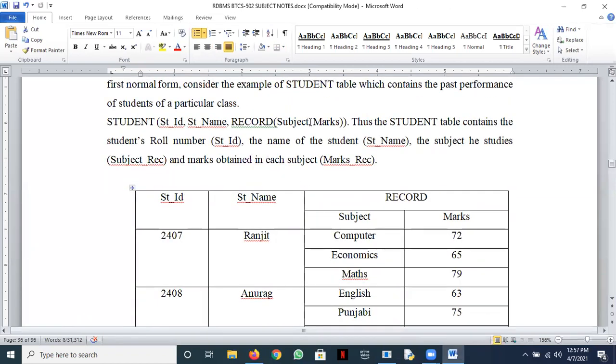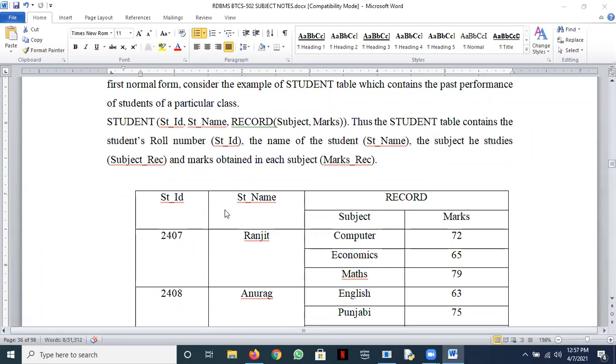So my question to you is how we can bring this representation into 1NF. You can raise your hands to answer this question. I've told you the problem. Now suggest a way in which I can bring this representation of student into first normal form.